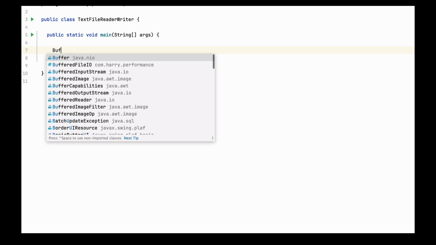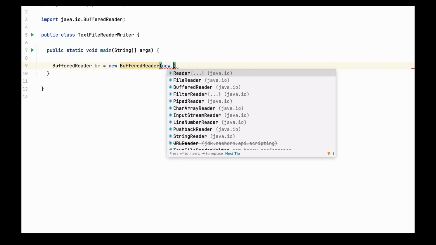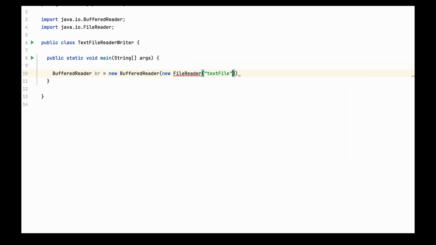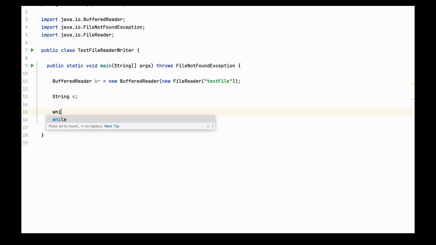So I'm going to create a BufferedReader. This is the file we just created. Going to define a variable of type String. So readLine is the method that I wanted to discuss. What this method does, and it's present in BufferedReader, which only reads the character stream, meaning it will read the text file. So what this method does, as the name suggests, is read one line at a time,